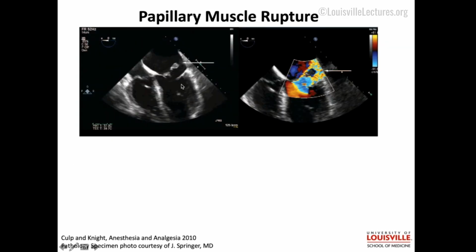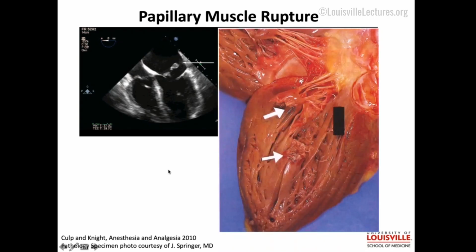Here's an image showing us the left ventricle, the left atrium, right ventricle, right atrium. This is going to be a TEE, so it's probably reversed if you're accustomed to looking at transthoracics. But what you can see is this thing in the left atrium. This is a hunk of pap muscle. And when we put color across the valve, you're seeing this wide open, turbulent flow, severe mitral regurgitation. So this, in combination with your floating pap muscle in the wrong chamber, suggests pap muscle rupture. And here's what that might look like on pathology specimen at autopsy, where you have your pap muscle, your chordae tendineae, and your mitral valve, and then here you see that the muscle has ruptured.